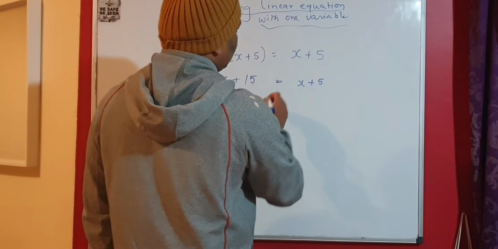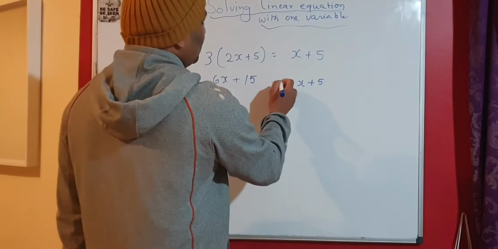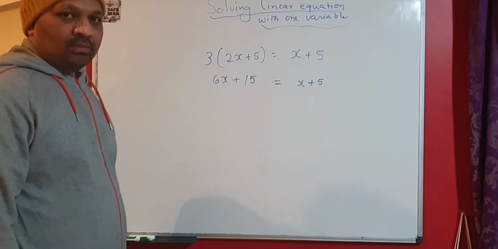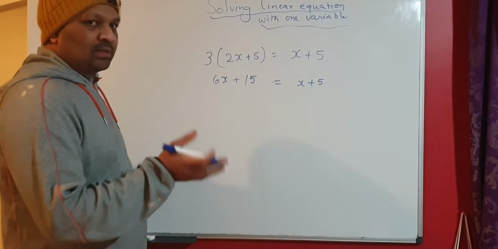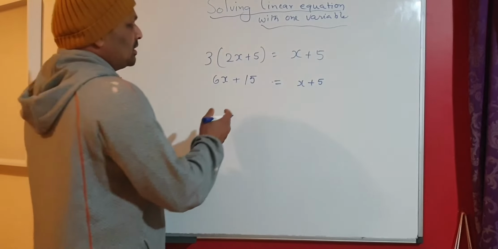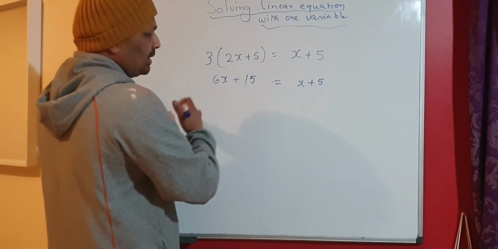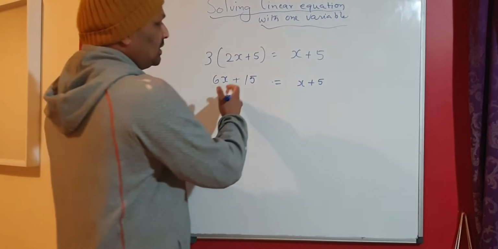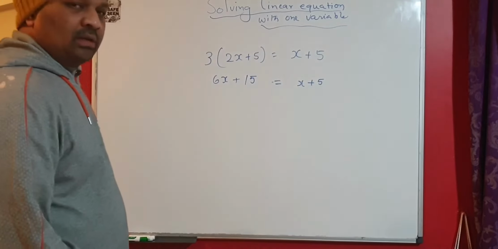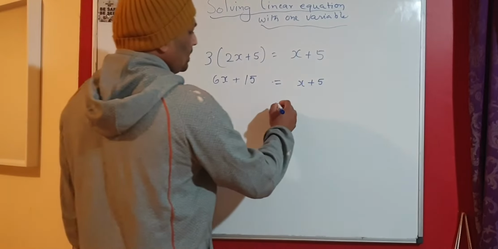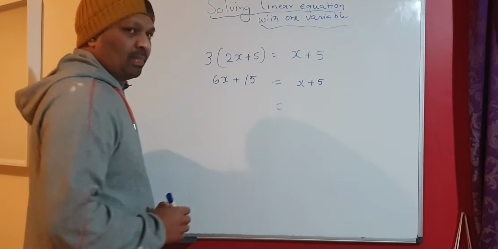Okay, in the next step, what you have to do is you bring all the terms that are having x in it to the one side, and all the terms that are having constants to the other side. Okay, so previously we brought all x terms to the left side. In this case, we'll bring it to the right side. Either way, it is fine. Either way you can do it. There should not be any problem.